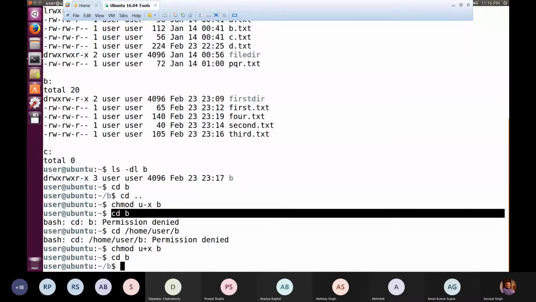by giving the ls command. Similarly, when we say that we do not have write permission over any directory, that means we are unable to make any modification in the directory, and that implies that we will not be in a position to either add any entry in the directory or remove any entry from the directory, because a directory can be modified in only two different ways. Either we create a new file inside that directory, which modifies the content of that directory because it has added one more entry in the directory file. Or when we are removing any file, we are again changing the content, and we are reducing the number of entries in the directory.